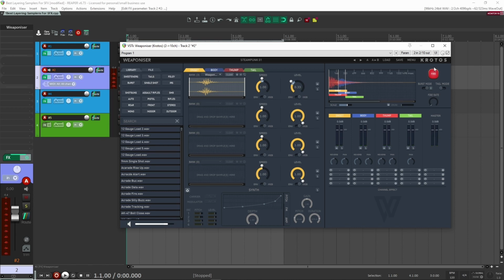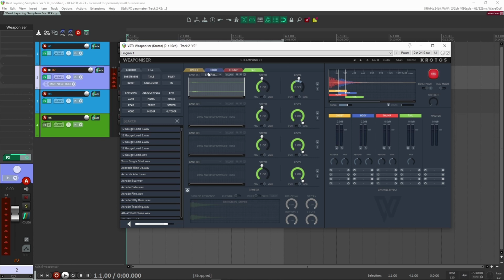Right, and hopefully you can hear that every shot is obviously going to be a little bit different, and there's a few reasons for that, and we'll go over that for this plugin, why it's so good. So one is that you have 4 different components here, and these are all for your different parts of your shot. So you might have your onset, this is like right before your shot. You have your body, this is your main sound for your shot. Your thump, this is like your base or your impact part of the shot,